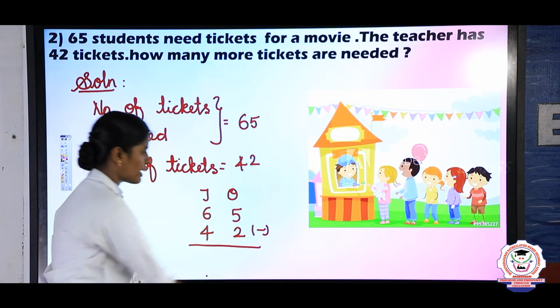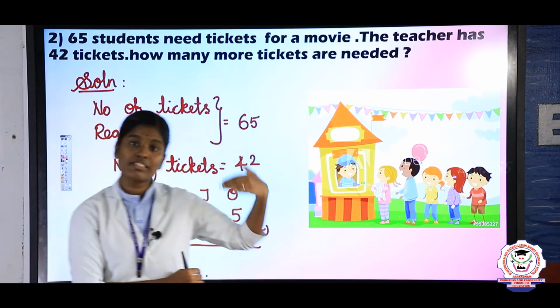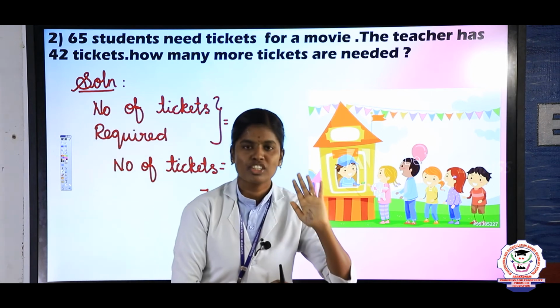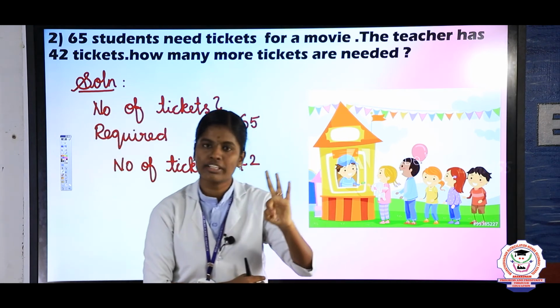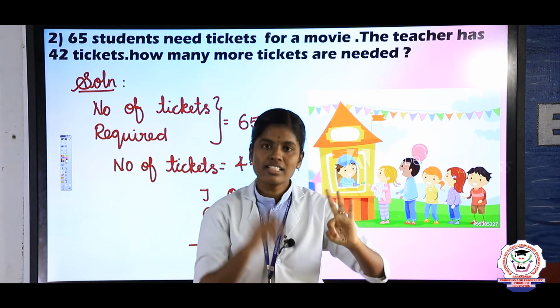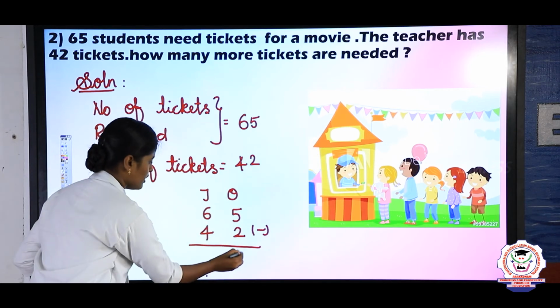Now we are going to subtract this. So while subtracting the numbers, first we will take the ones place, the first place from the right side. The first place is 5 minus 2. Show your 5 fingers and fold 2 fingers. So how many fingers remain? 3. So the answer is 5 minus 2 equal to 3. So write the answer 3.